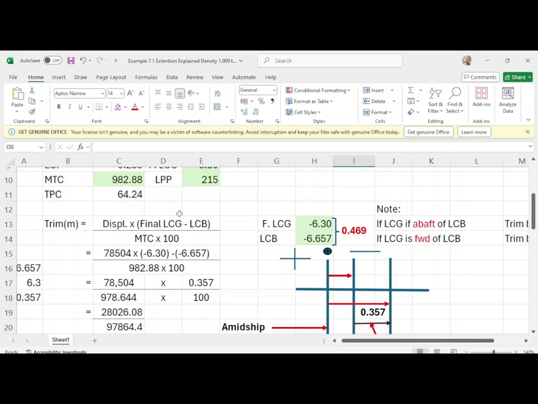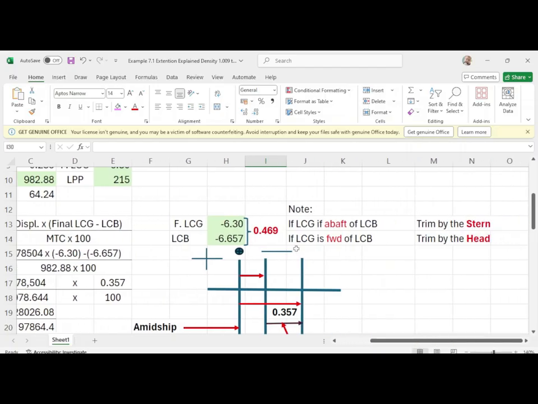If LCG is forward of LCB, then you are trimmed by the head, because when LCG is here, the forward part of your vessel will sink and the up part of your vessel will rise, meaning you will have a trim by the head if your LCG is forward of your LCB. Okay, which is this one. If LCG is forward of LCB, you will be trimmed by the head. Okay,